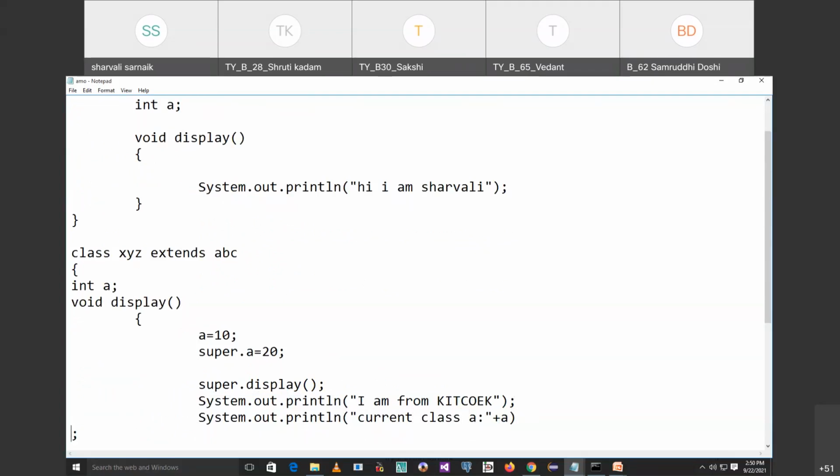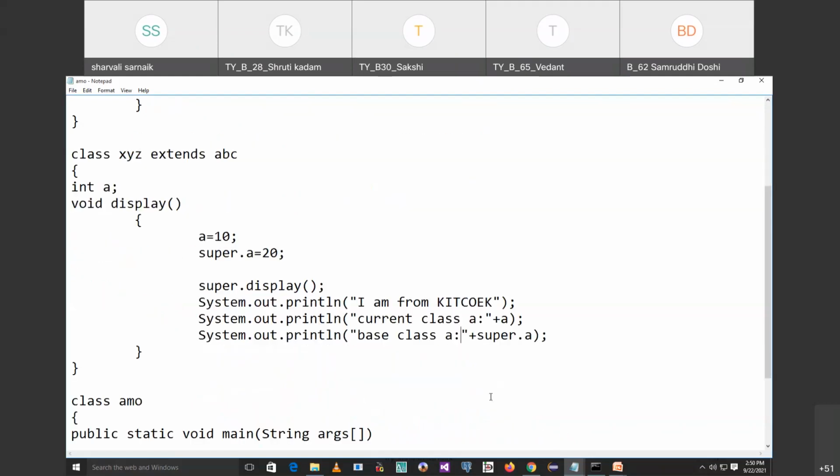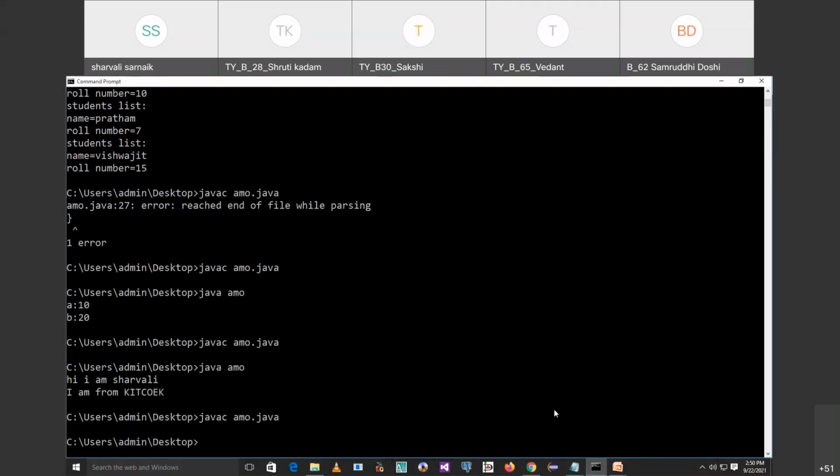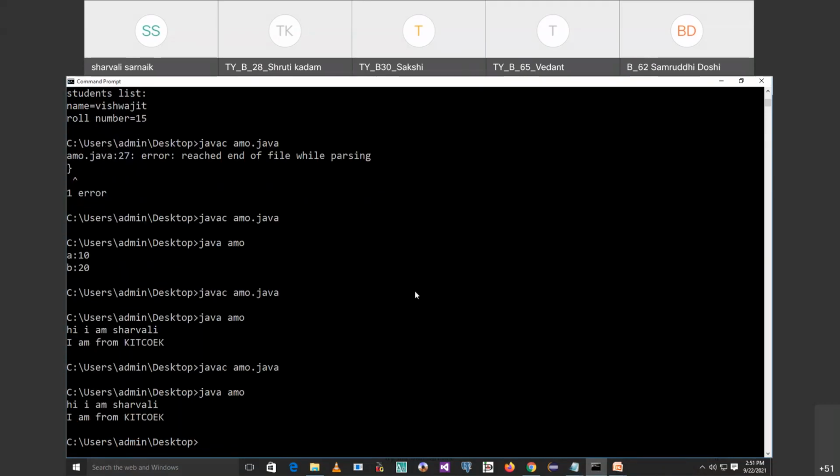And if I want to access the base class a, then super.a. Okay, so now I have saved this. I will run the code. See.